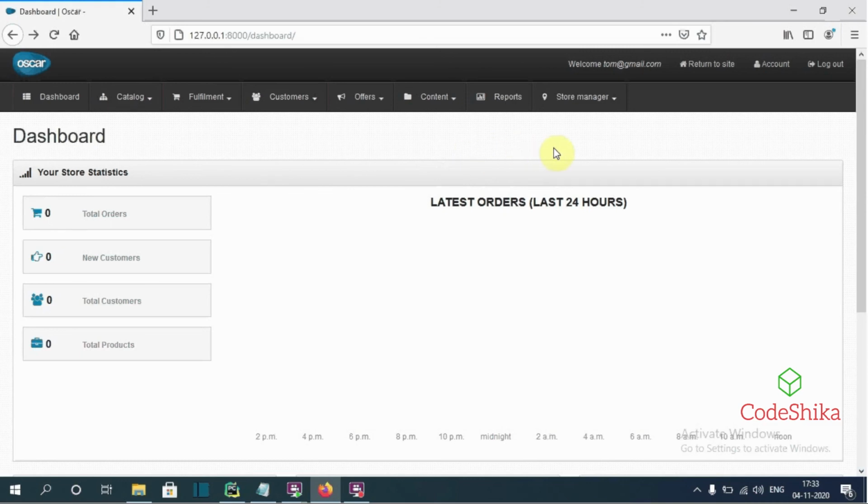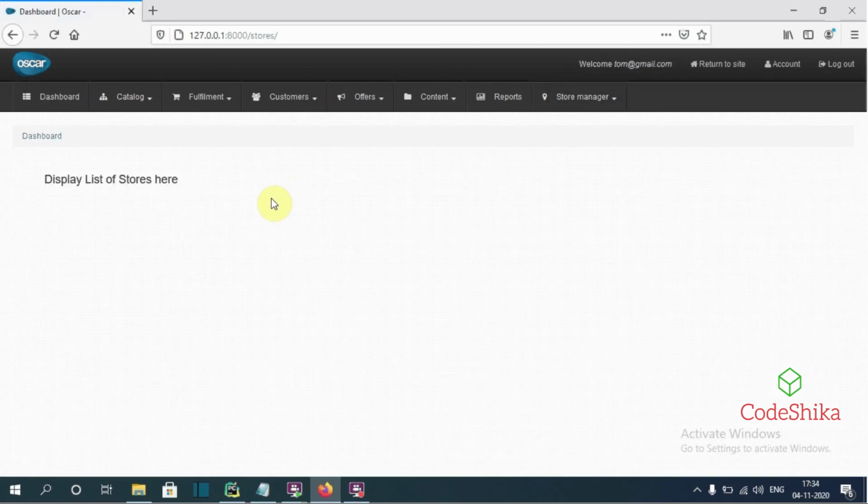Here I have already logged in as user Tom, and here is the new menu item store manager I have added with this map icon. I will click this arrow, and this is the stores menu displayed under store manager for our store app. I will click this. Great, it is rendering our store list template successfully.